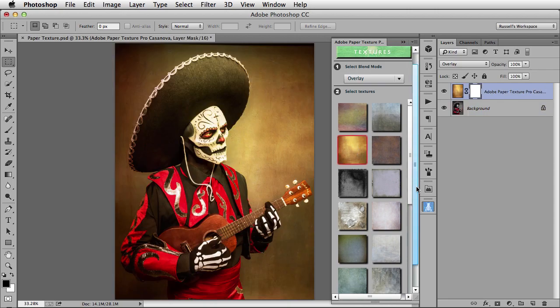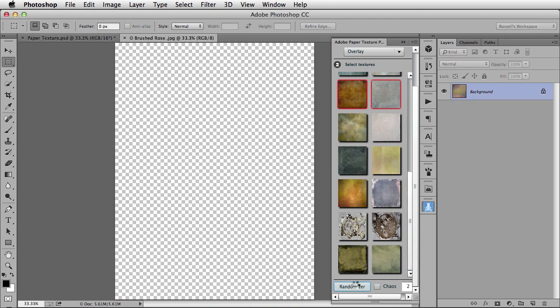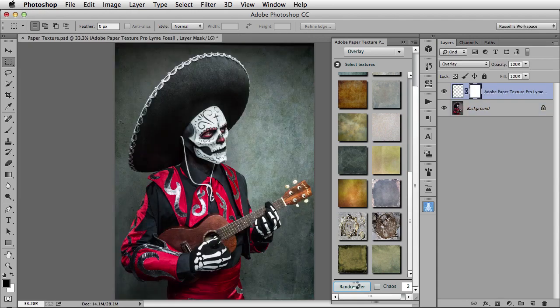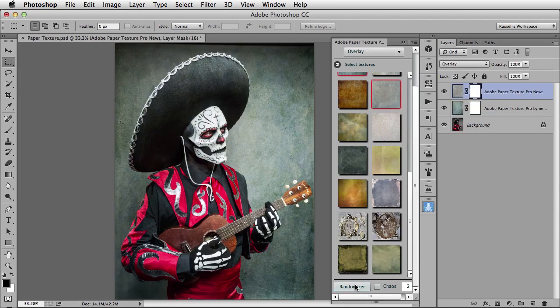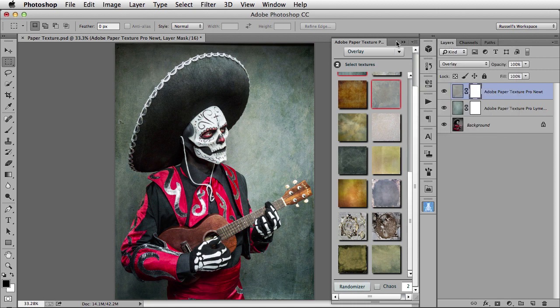But the greatest thing has to be down here at the bottom where you can randomize your selections by selecting the randomizer button. It will randomly go through all of the available textures here in the window. You can also, from the flyout menu, access different libraries of textures, and in fact, you can load your own textures. But to finish this all off, let's demonstrate how you can share your finished results from Photoshop with your